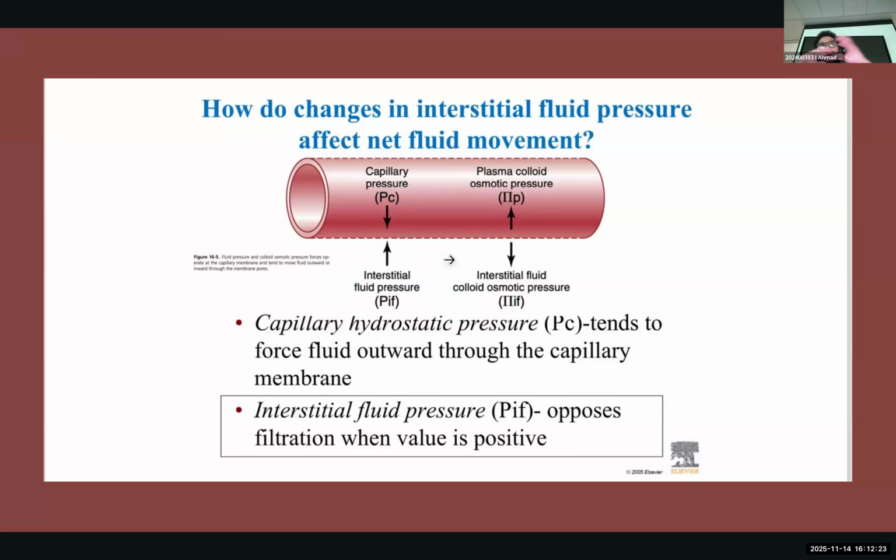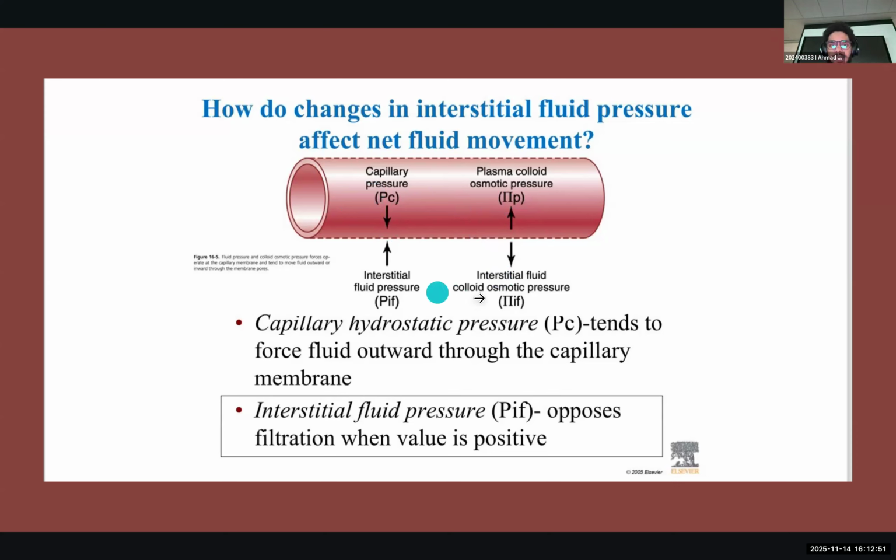Okay. Now, this takes you guys back to foundation, if you remember, when we're talking about proteins and how the water would follow them and so on. So this is what plasma colloid osmotic pressure is. The capillary pressure is trying to push, and the capillary pressure is the volume, it's the fluid that's present. It's pushing against the vessel, tamam? While the plasma colloid pressure is trying to bring the fluid back into the vessel, tamam? So these two forces are opposing each other.